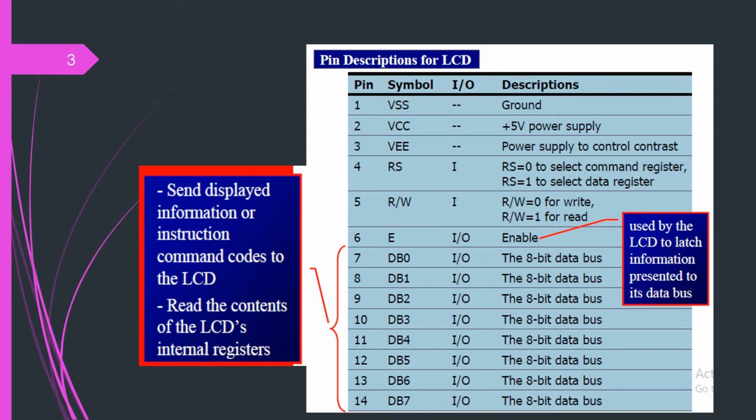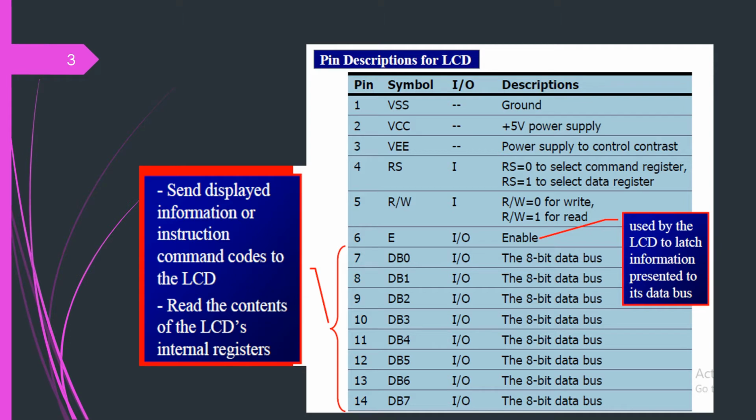We also use register select 0 to check the busy flag bit to see if the LCD is ready to receive information. The busy flag is D7 and can be read when the R/W, read write pin, is 1. Whenever you are reading that, at that time RS is compulsorily 0. That is, read write 1, RS 0 and D7 1 indicates the busy flag. The LCD is busy taking care of internal operations and will not accept any new information. So you have to remember this.